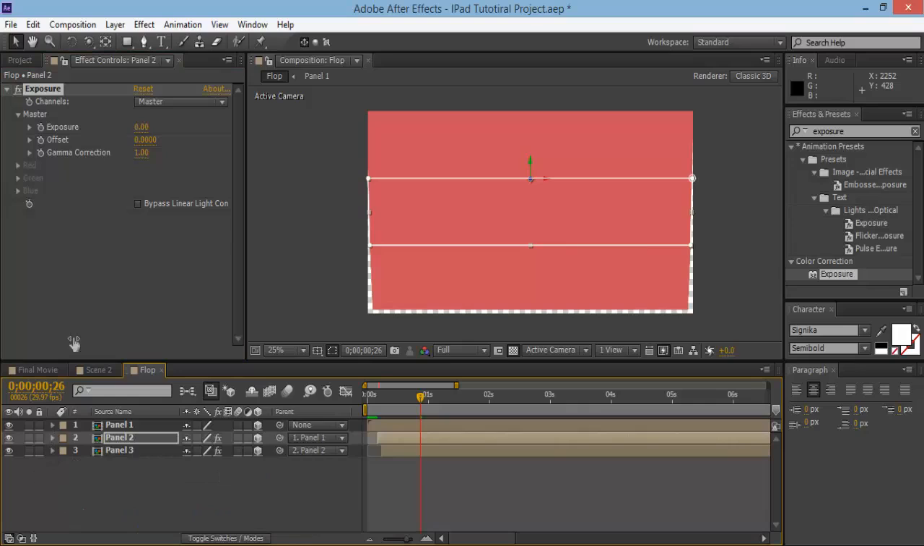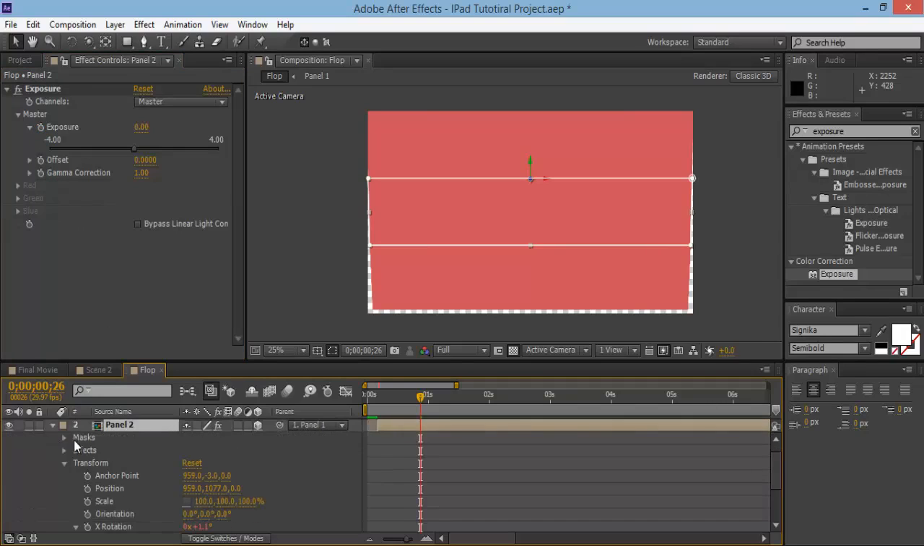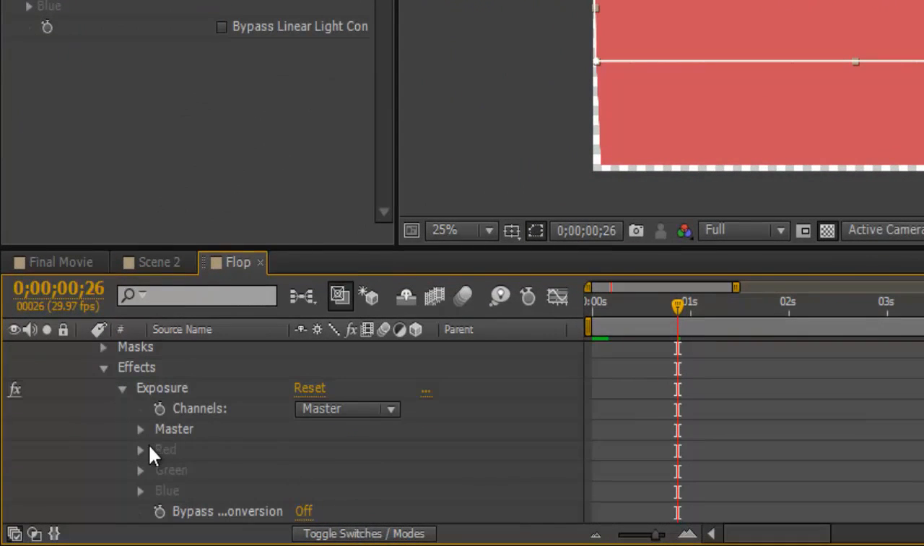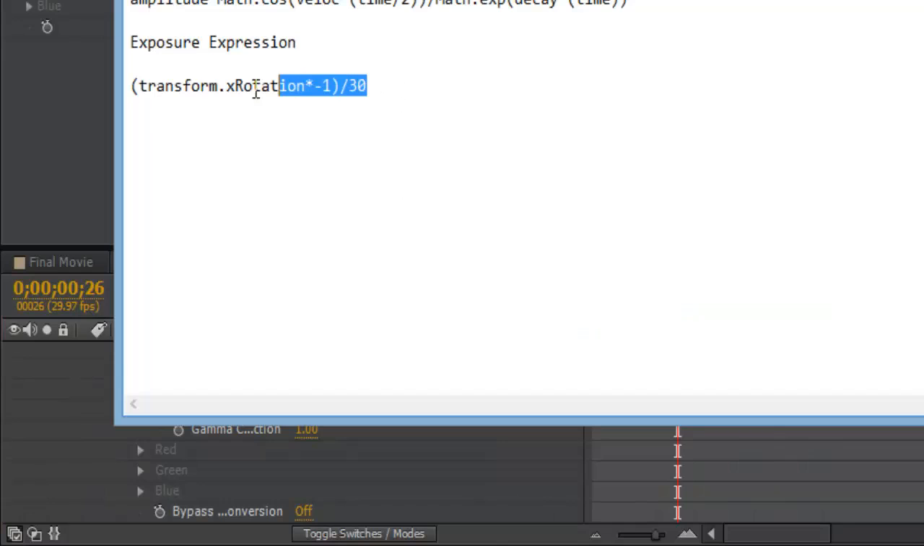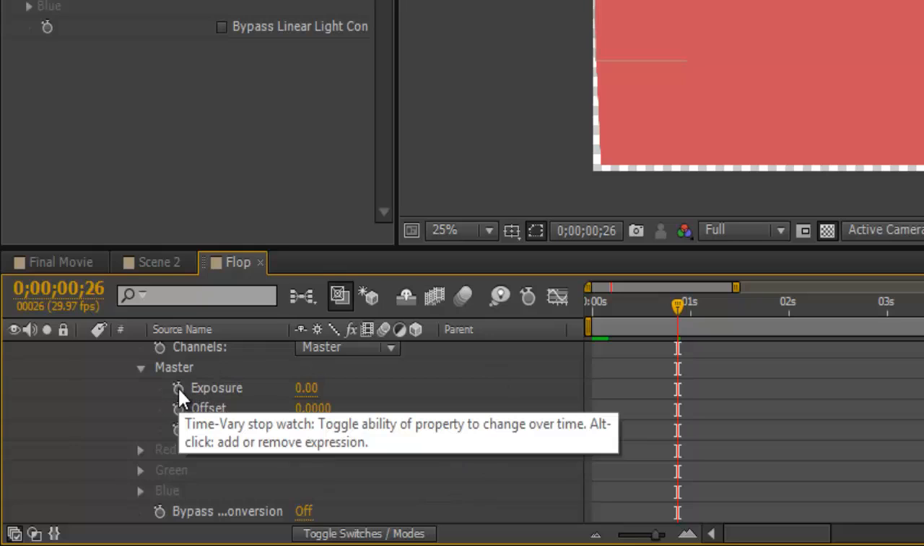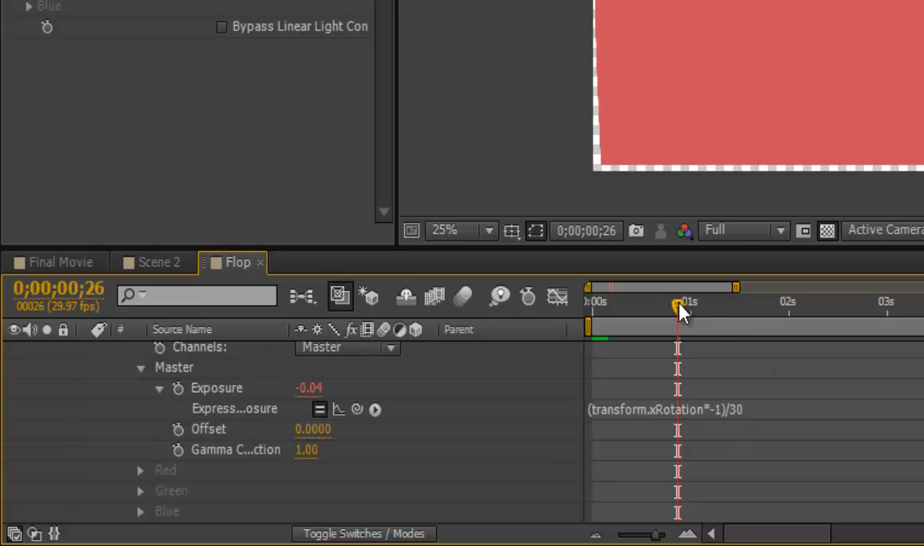Okay, great. And then what we're going to do on exposure, drop that down, and what we're going to do is come to panel 2 actually and drop that down, and under effects drop that down, and exposure drop it down, and master drop that down. Okay, so now you're going to see exposure. So what you want to do is come over here, copy this. Now I know this sounds like a lot of work and a lot of different things to follow, but it's actually quite easy. So hit Alt and then click on the exposure and then just Control V,